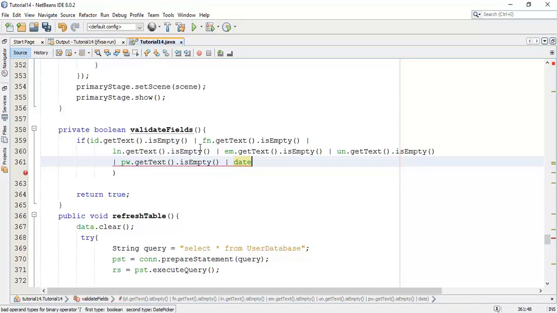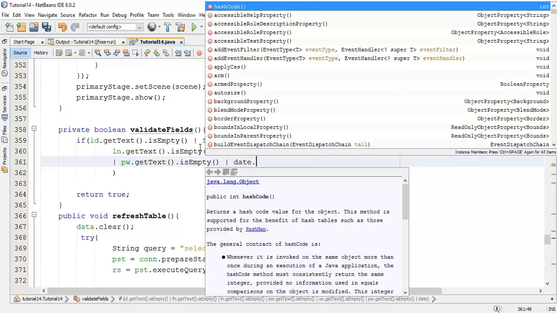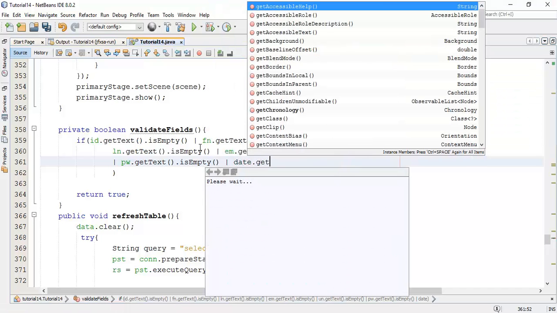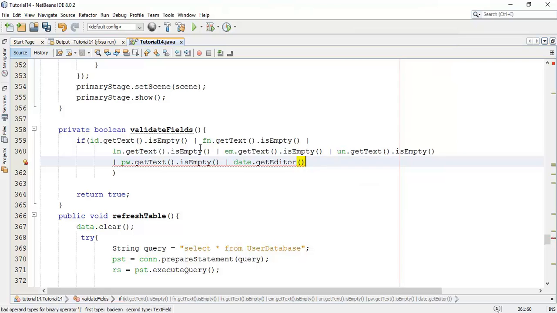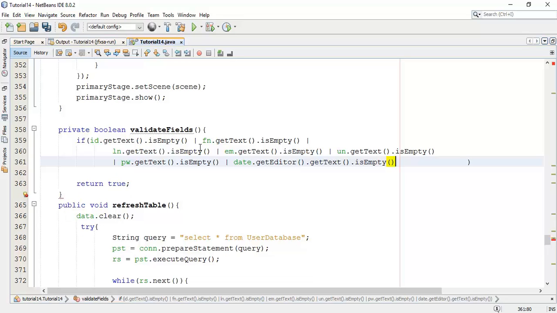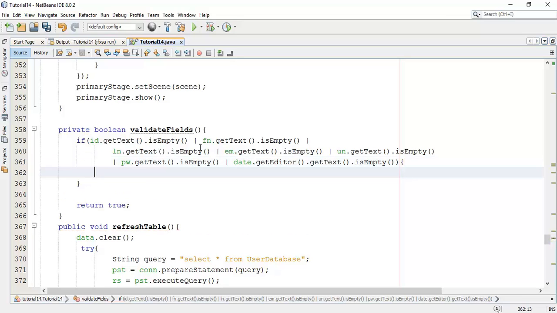So date dot get editor and get text is empty. So whenever these fields are empty, I'm going to give a warning message or alert.